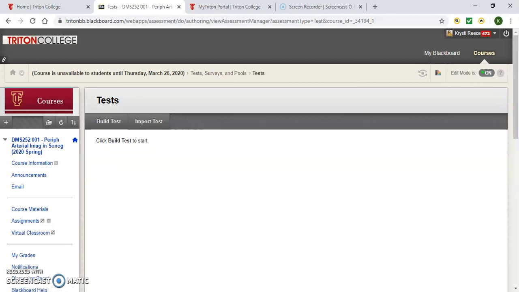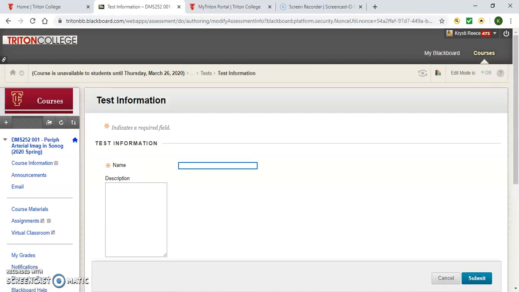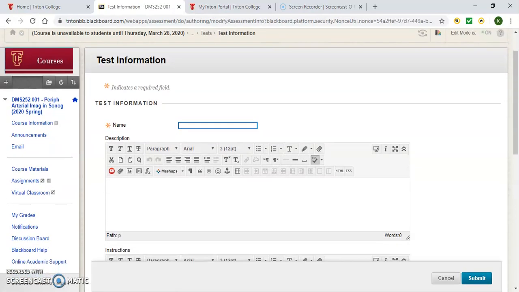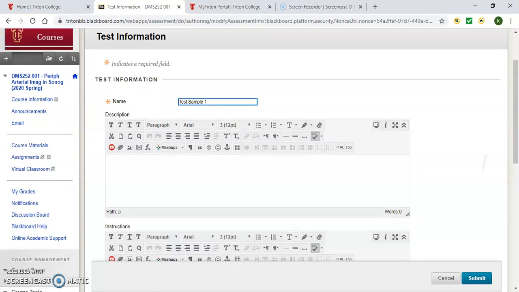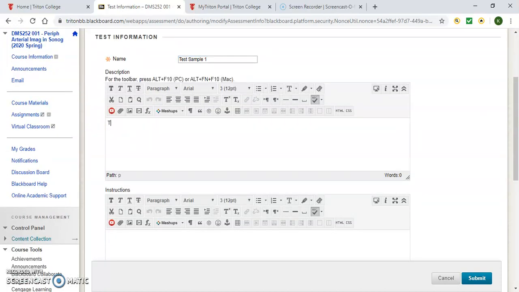When you do that, you'll see build test or import test. I'm going to go ahead and do build test. This is going to give me kind of the starter shell, or the starter casing, for my test questions. So we're going to do test sample 1, a description if you'd like,